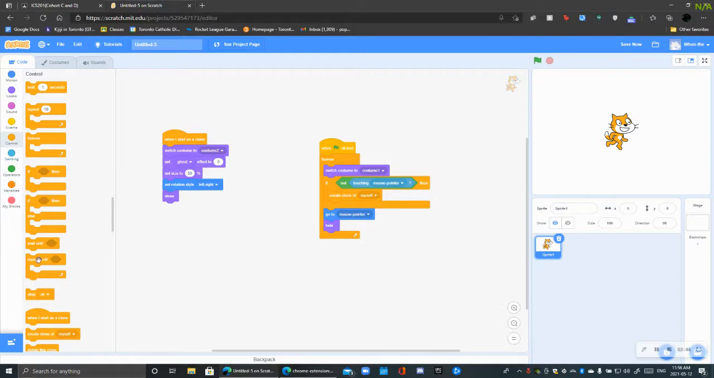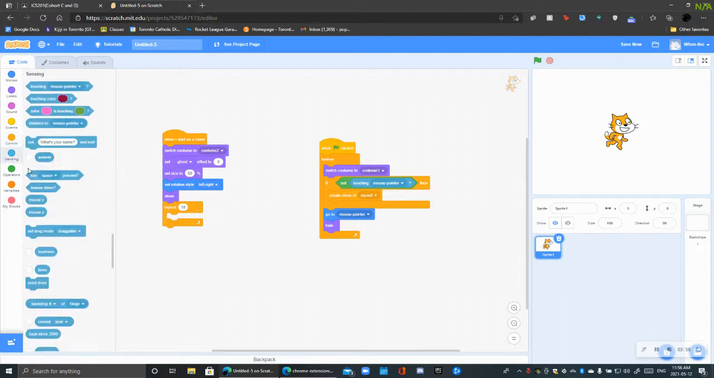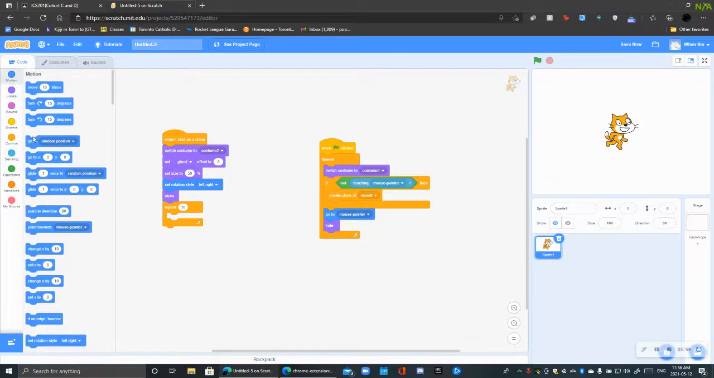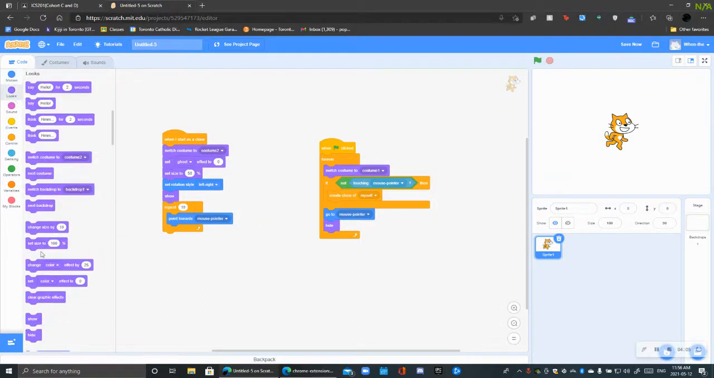And then I'm going to do a repeat, not repeat until, just a repeat. And you want to repeat 10 times, no more, because otherwise it will get laggy because there's too much happening. And then you also want to do point towards mouse pointer. You have to add a change ghost effect and put that at 10,